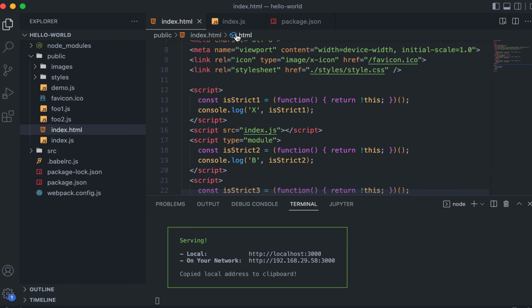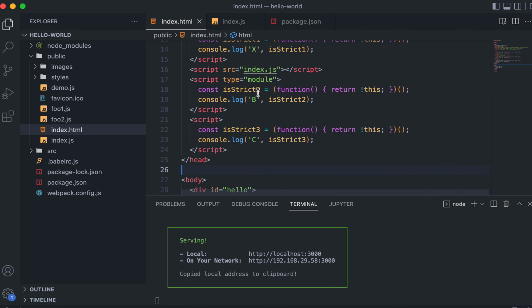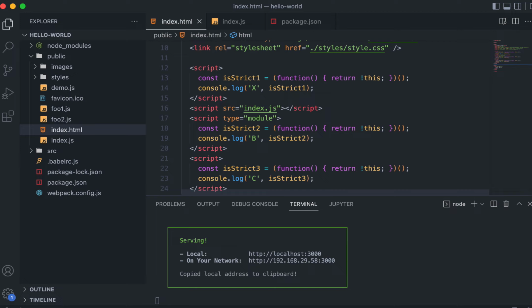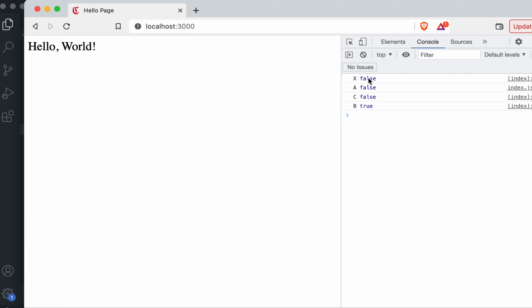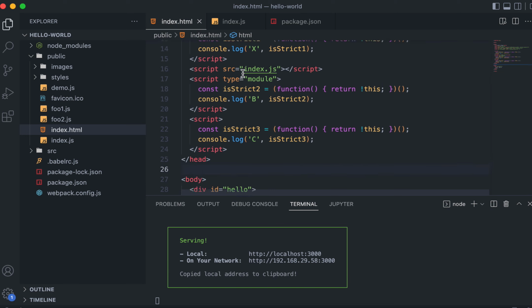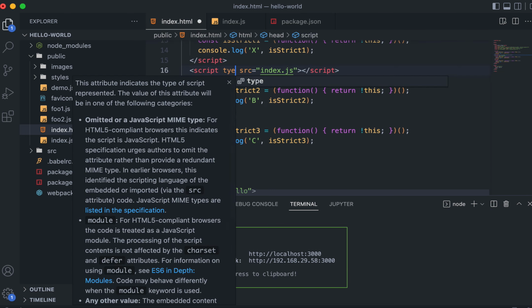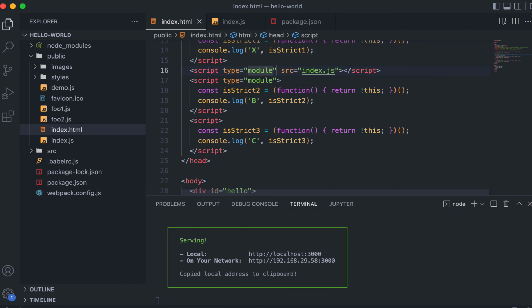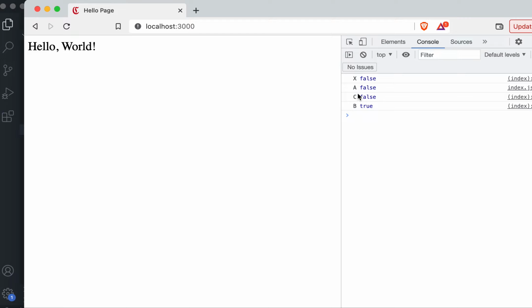Now you see, everywhere inside here also I have printed whether it is strict or not strict, and here also x, b, c. Everywhere I'm trying to find what is running in strict mode and what is not running in strict mode, right? Now if you refresh, it is very clear that x, a, c, everything is running in non-strict mode, meaning they are not treated as modules, and b is true because it is type module. Okay, and here also if you write type module, then you can clearly see that a will also become true. Right now a is false, but now you refresh, a is also becoming true,